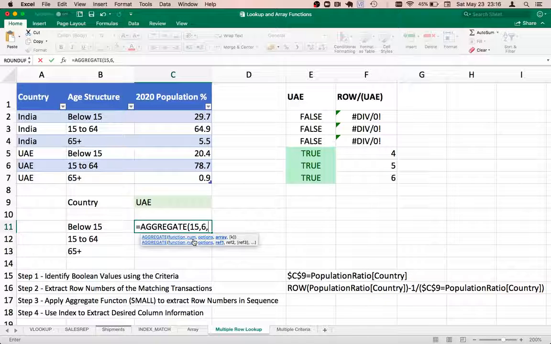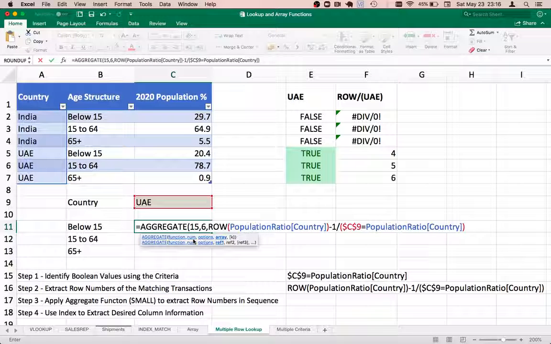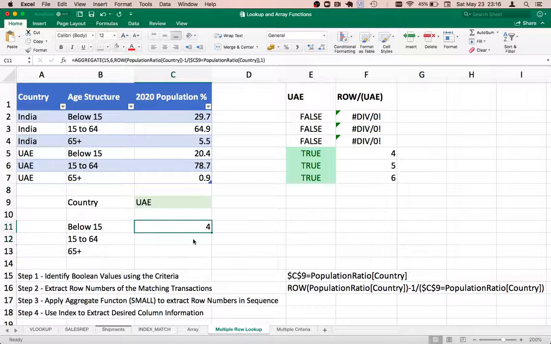And the third parameter is the array. The array we had already worked on, so we are just going to paste that formula that we had worked on. Perfect. And then the last parameter for the aggregate function is the k sequence. That is, which sequence do you want? You want the first value, so I'll just put 1. If I put 1 here, it's going to return row number 4 because that was the first value that was there